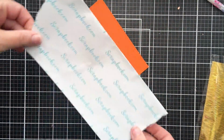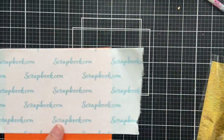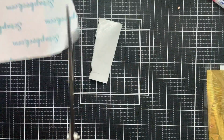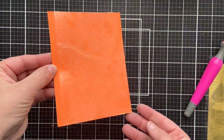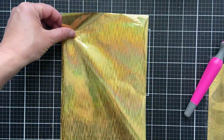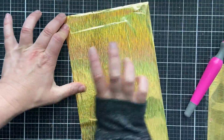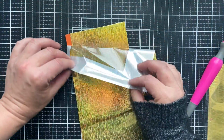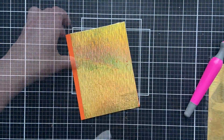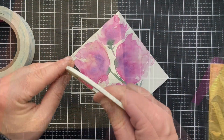Now, we're not always using foil to add gold, so keep in mind, hang with me through this entire video. I'm going to be using a bunch of different products, not just foil. But this is some double-sided tape from scrapbook.com. It's nice and fat, so I just peel off the backing paper, and then that is a full sticky piece of paper now. And then I can take the foil and press it onto that sticky